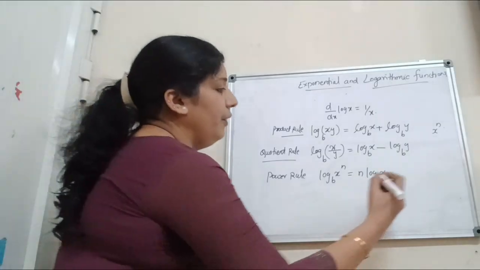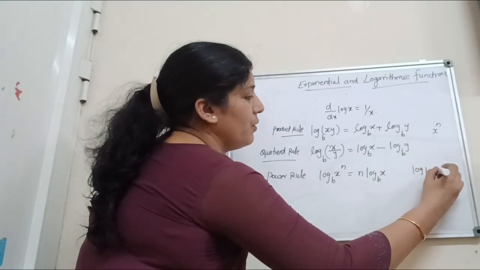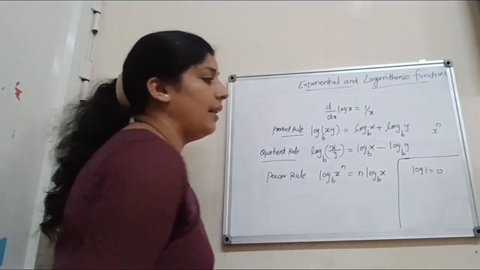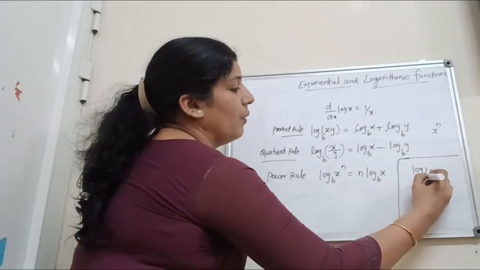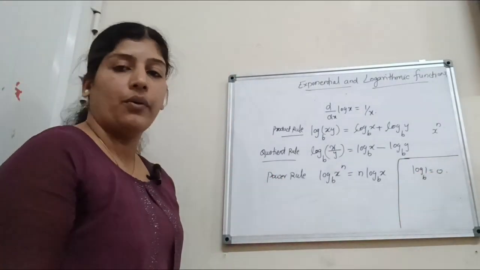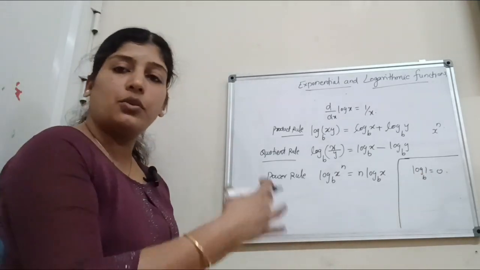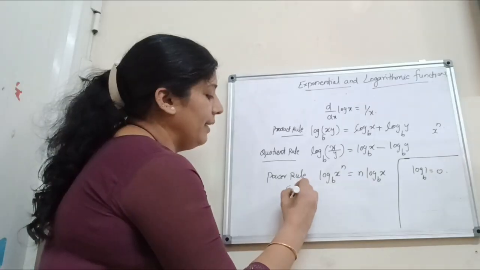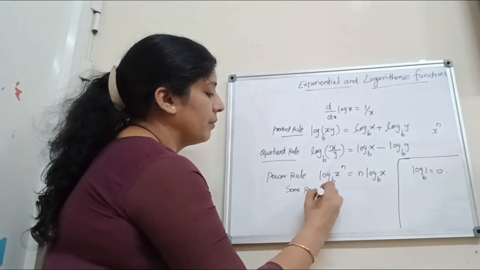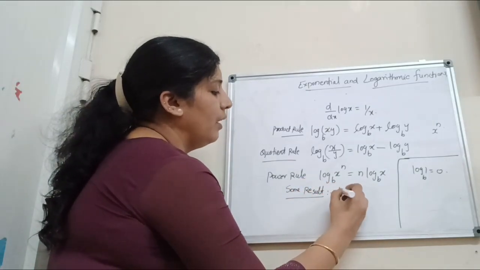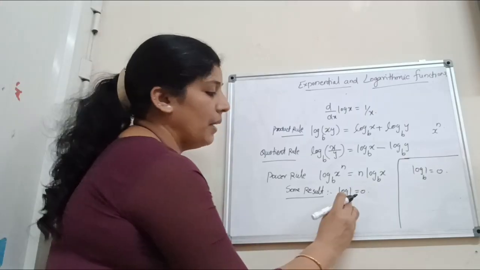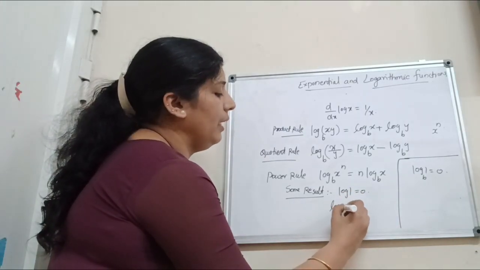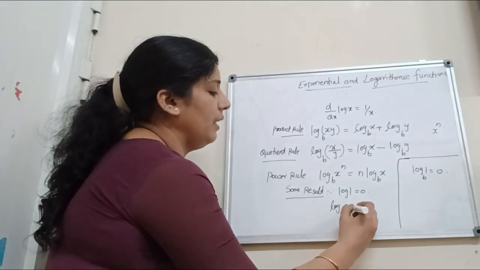We know that log 1 is equal to 0. It is the result to the base 10. We know that log 1 to the base b is 0. Base b means common logarithm, that is, to the base 10 also. Now, next we can consider some results. First result: log 1 equals 0 to the base b. Next, for the natural logarithm, log e to the base e is equal to 1.